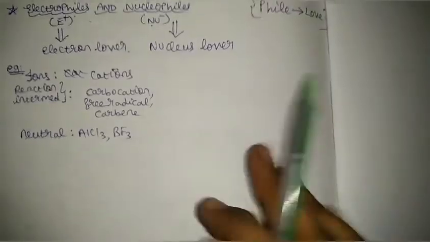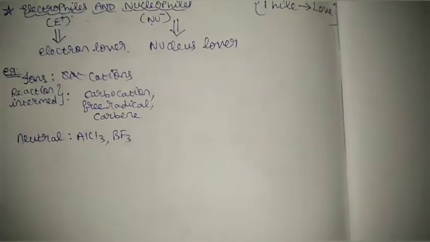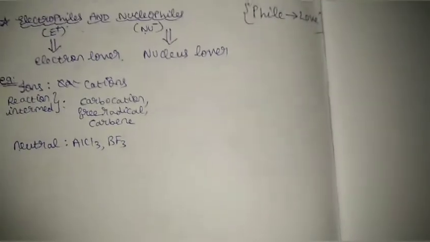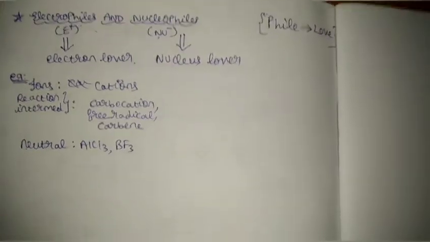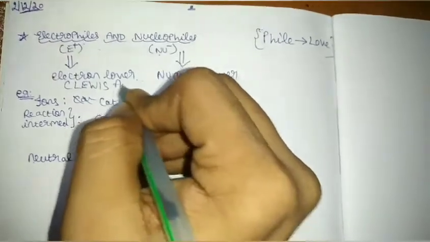So basically all of these have a vacancy for electrons to fill in, and that is why they are known as electrophiles. If you remember, in the equilibrium chapter, you should have studied the acid base theories, where you studied the Lewis theory of acids and bases. Lewis acid means it is an acceptor of electrons, right? So you can call it a Lewis acid also. There is nothing wrong.